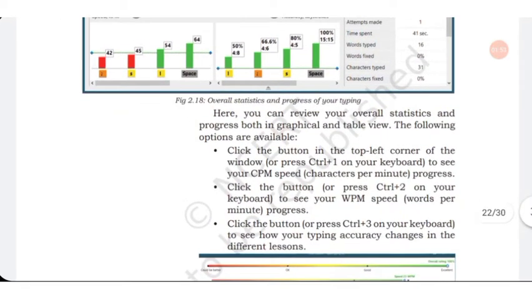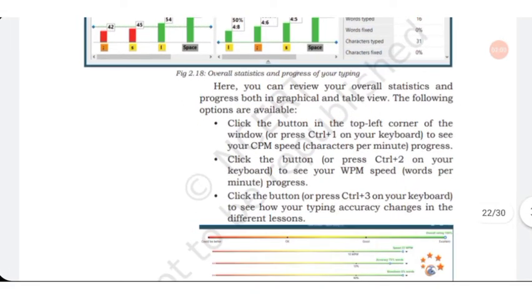So you can review your overall statistics in both graphical and in table view by clicking on the top left corner of the window.